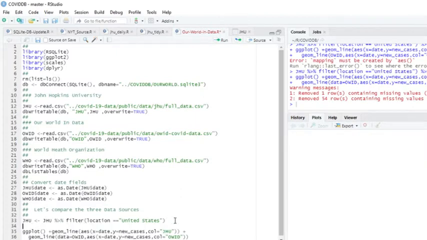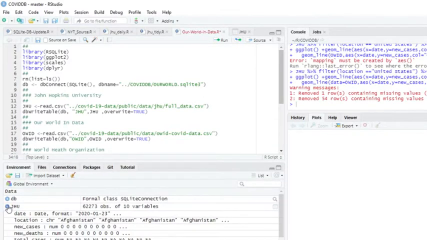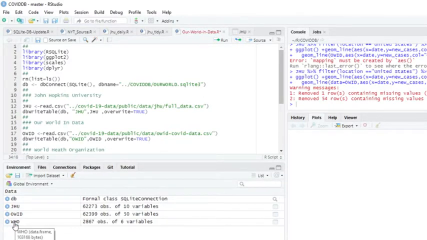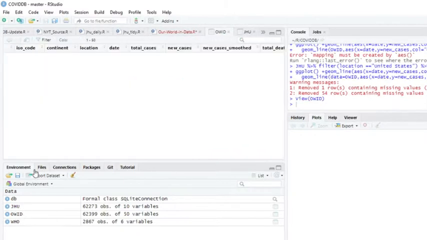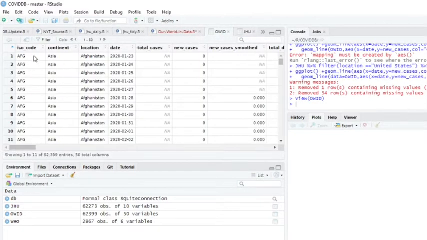So now we're going to do this. Let's see. What about Our World in Data? Continent, ISO code, US.